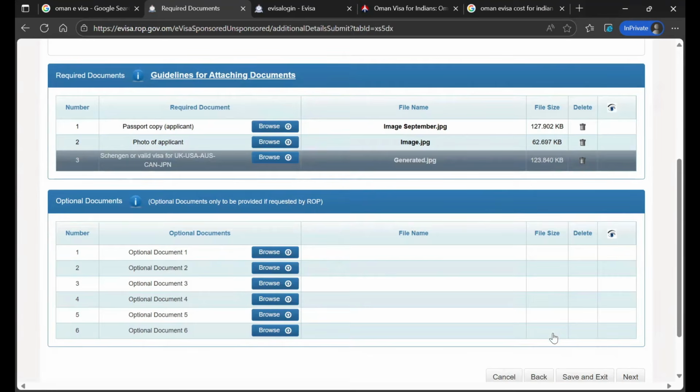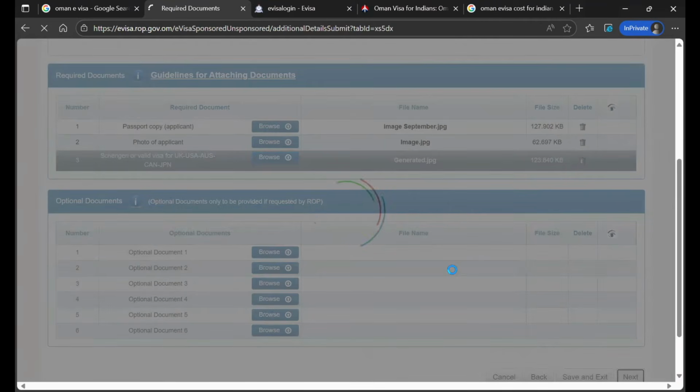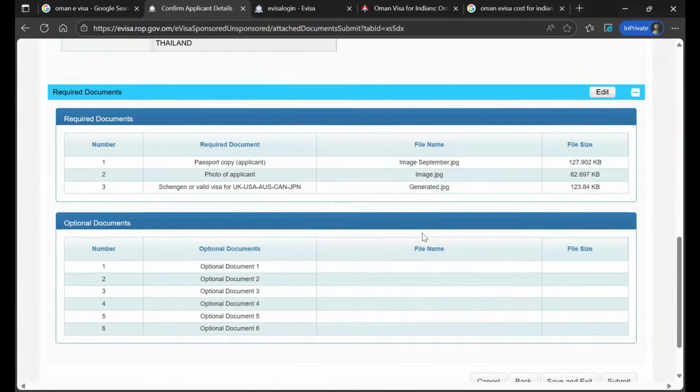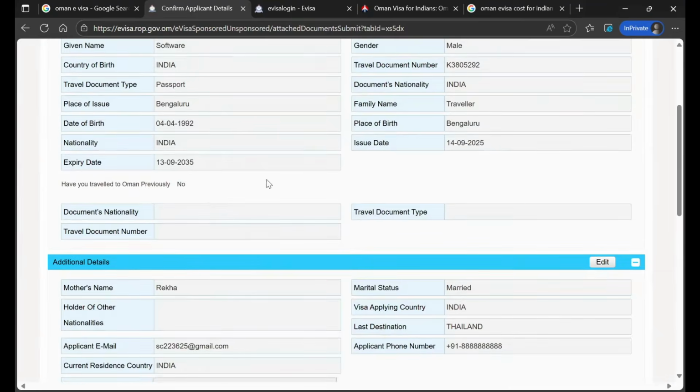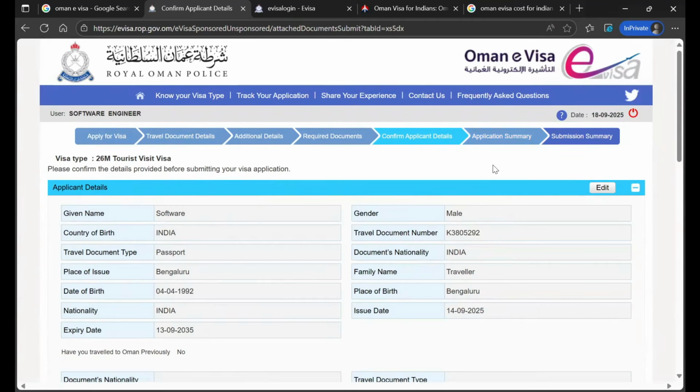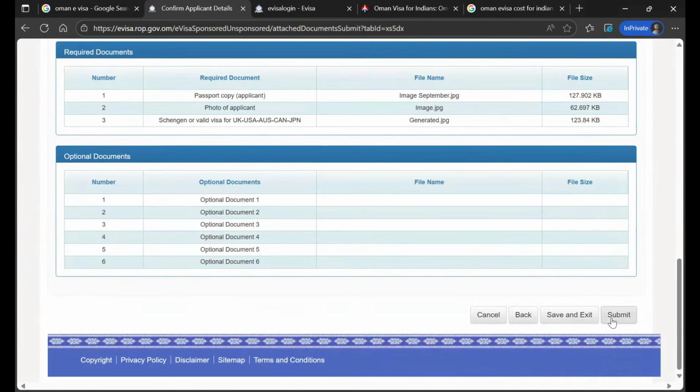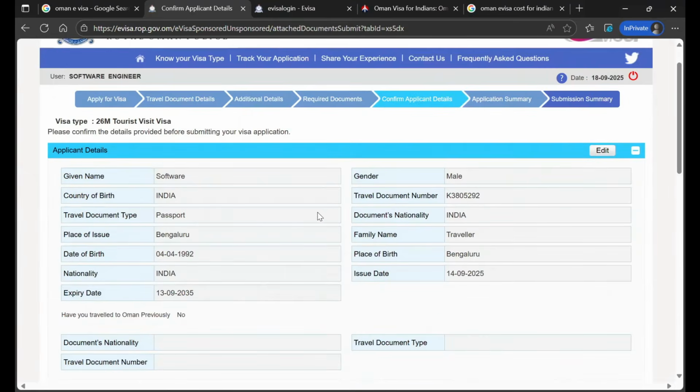Yeah, so I've uploaded my documents. I'll just click on next. So all my details are kind of filled. Now I have to click on submit. Now I'm not going to click on submit, guys, because this is a dummy application and there is going to